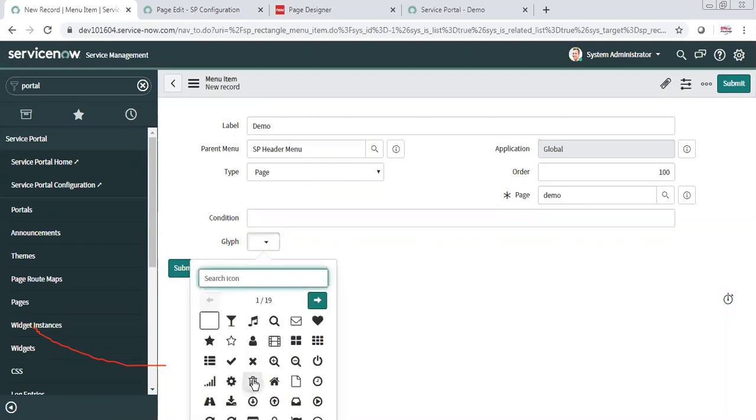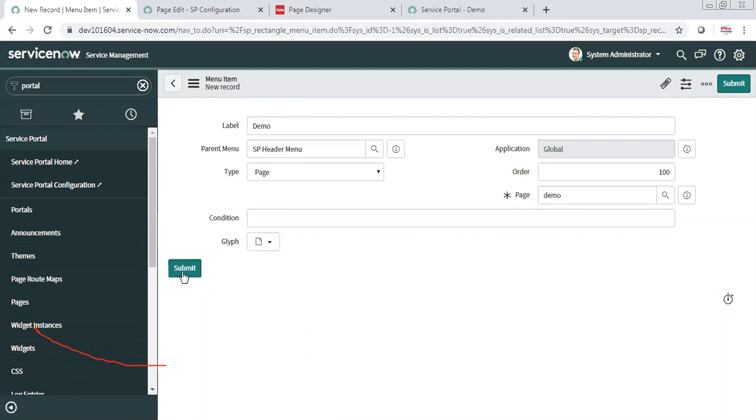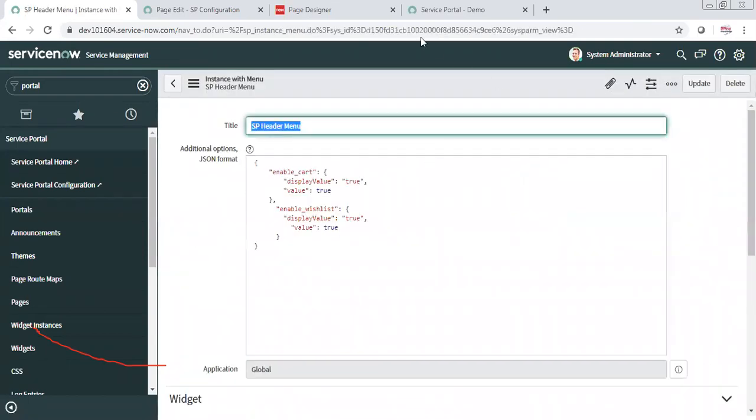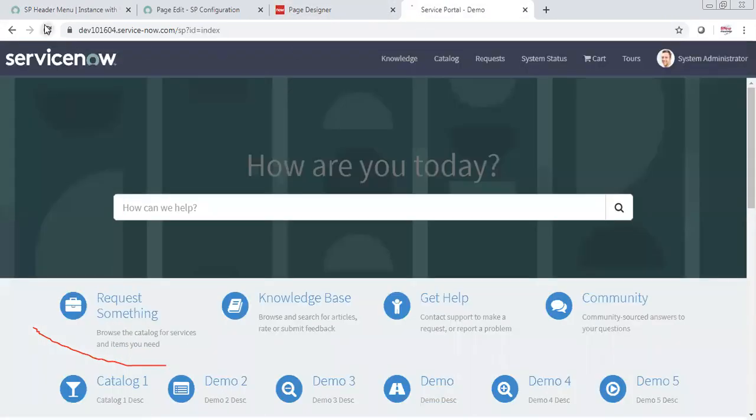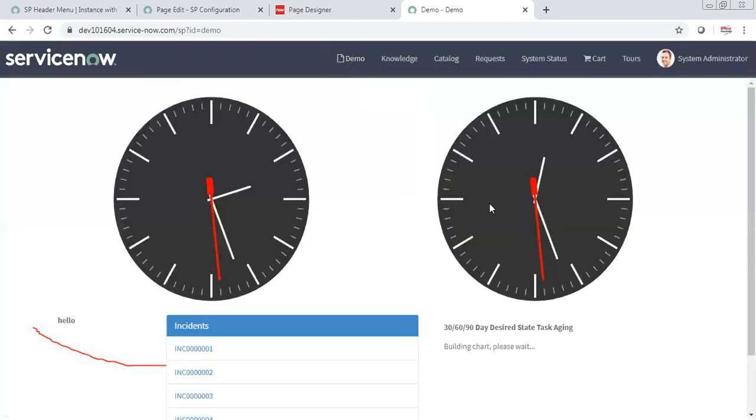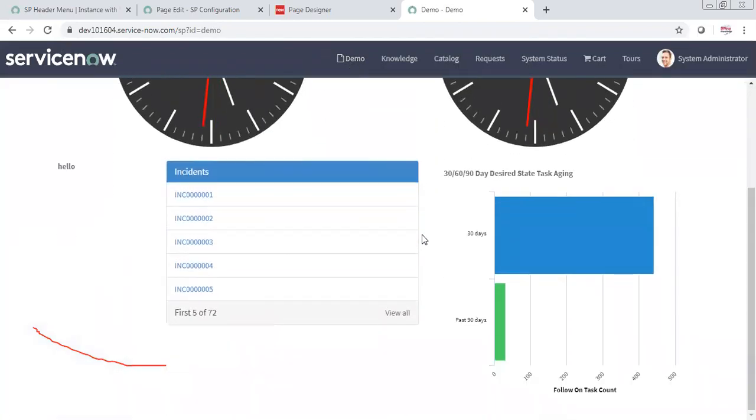So it is just to add one header menu in our demo page. So if I come here now on the home page, I will see one more option called demo, and if you click on that, you will come to our page.